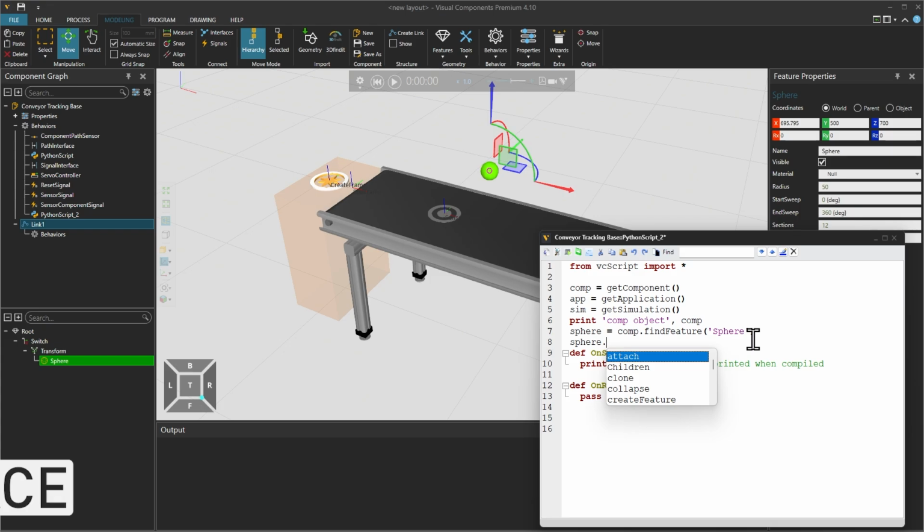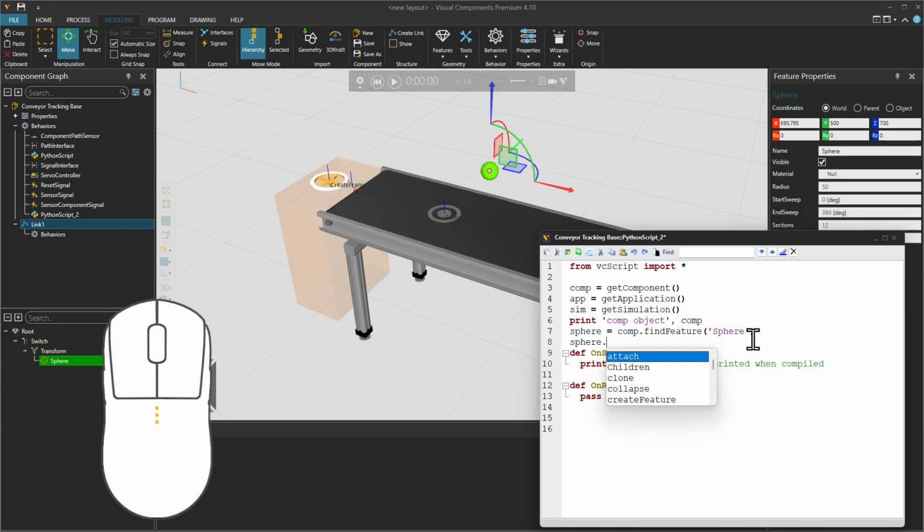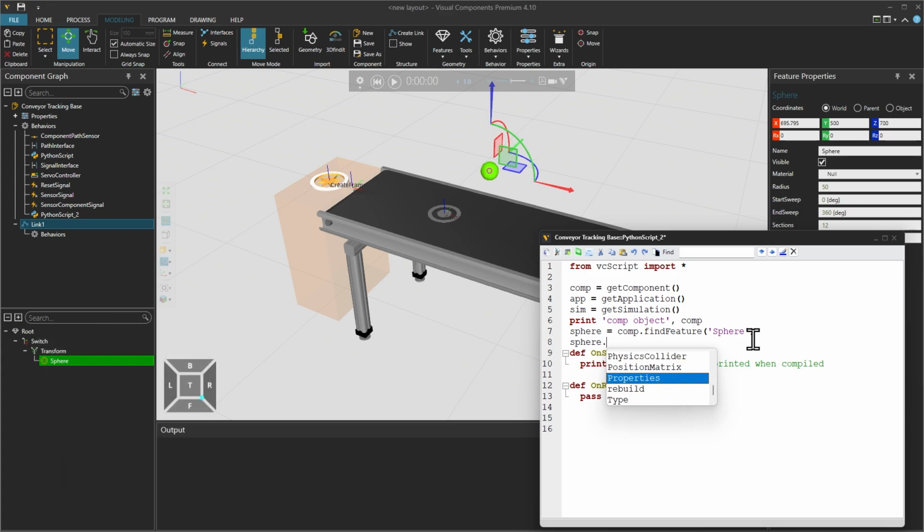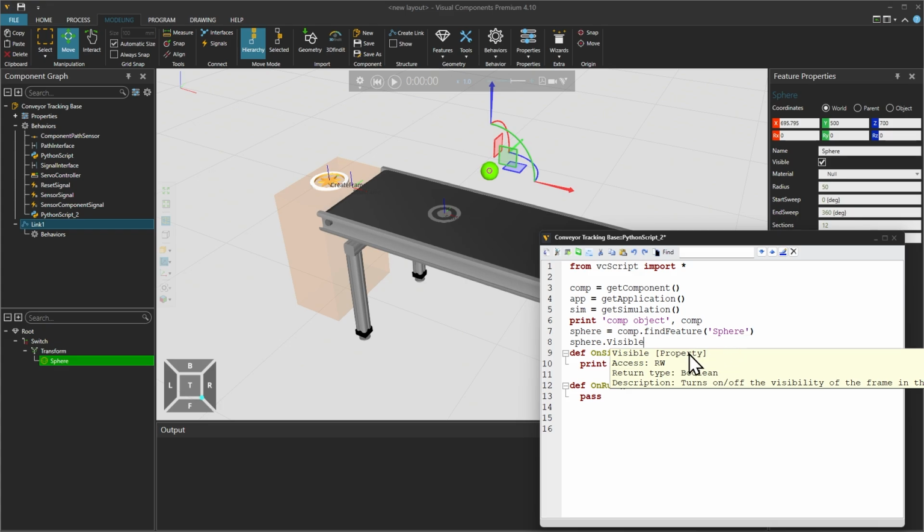And from this menu, we can find, for example, visible. We can scroll the list using our mouse wheel, keyboard arrow keys, or find using autocomplete. So type V and double-click the item or use the Enter key to insert it. And when we insert it, a small documentation box appears, which describes the property, method, or event we selected.